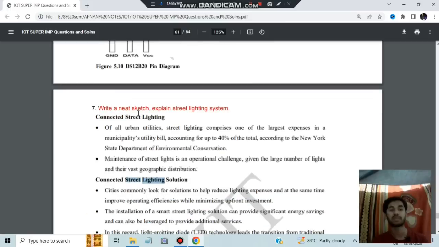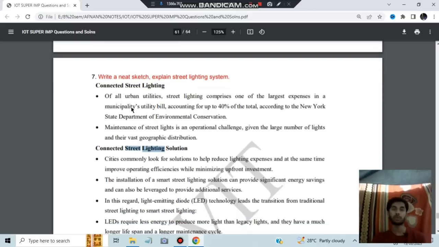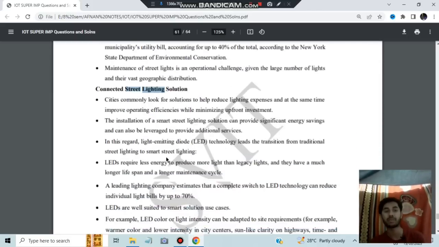Okay, next we have, write with a neat sketch, explain the street lighting system. Like these are the streets, and here the lights are present, the street lights, and when they should be on, when they should be off. Based on that, the optimized answers will be found out, and we will be implementing it using IoT. Okay, so how we will be implementing that, information is given here in the